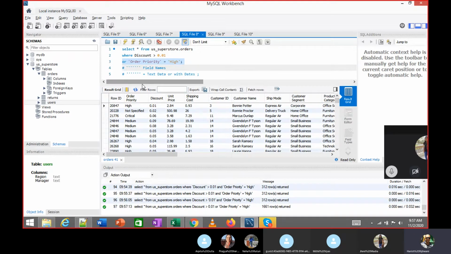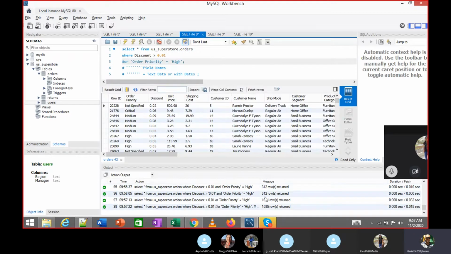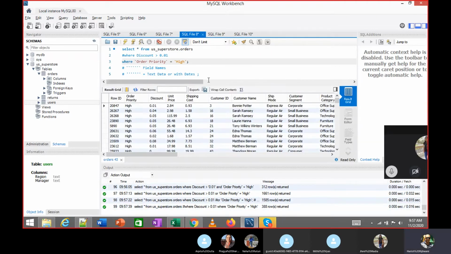Let's say I run it only for where discount is greater than 0.01, I have 1585 records. And if I look at just the order priority equal to high, I'm getting 388 records.